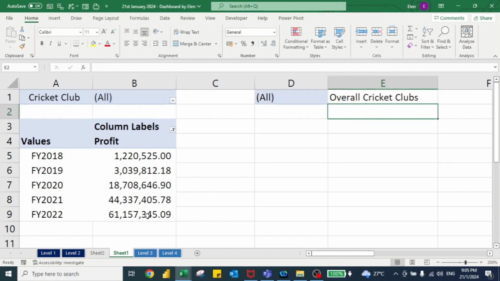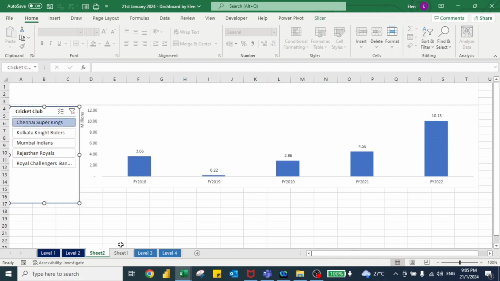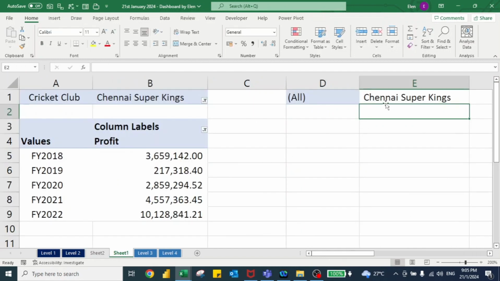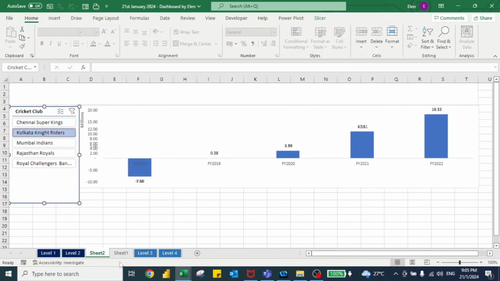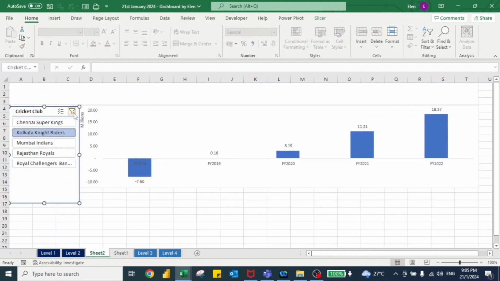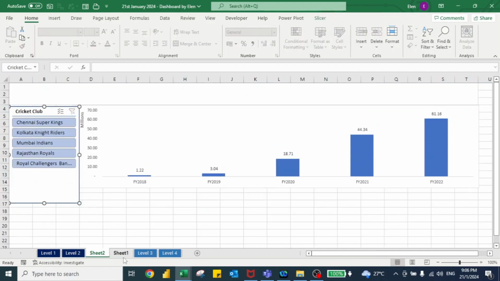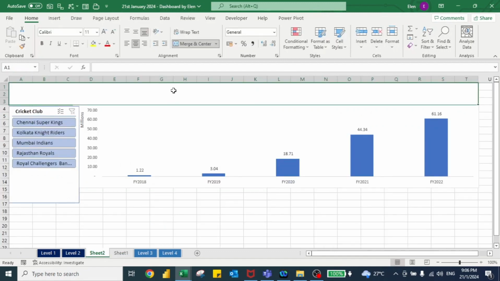So meaning to say, now I go to sheet 2. If I click here Chennai Super Kings and I go to sheet 1, it will be Chennai Super Kings. If I go to sheet 2, I click here Kolkata Knight Riders and I go to sheet 1, it will be Kolkata Knight Riders. But if I clear filter, now you'll notice that it will show me overall cricket club. So what I'm going to do is, I'll go here, equal